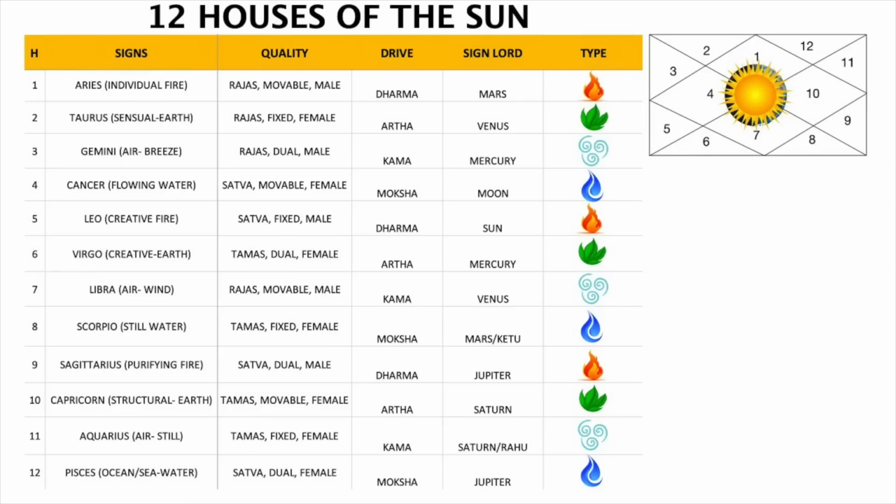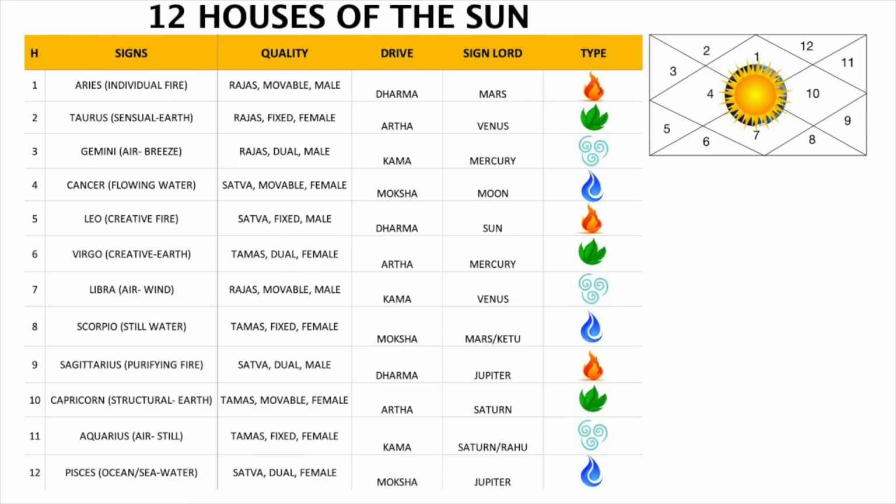The last earth sign, Capricorn, is structural earth. Quality is Tamas, movable and female sign. Its drive is Artha again. Its sign lord is Saturn. So the earth signs move from Venus to Mercury to Saturn in the earth signs. Now, the air signs starts with Gemini number 3, which is air sign, but air as